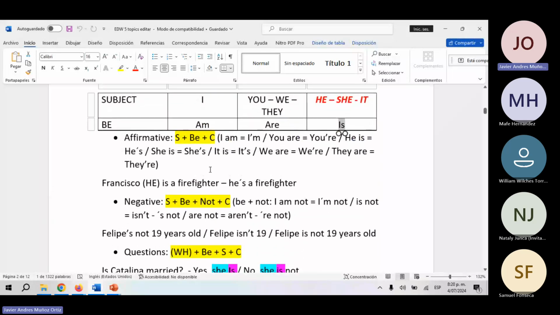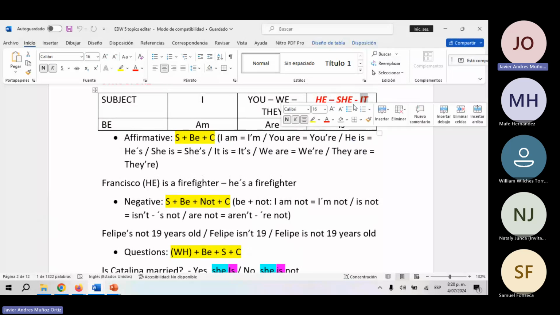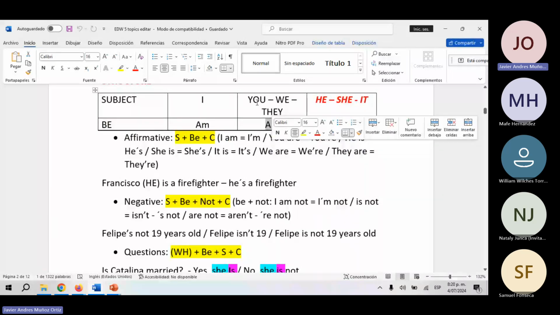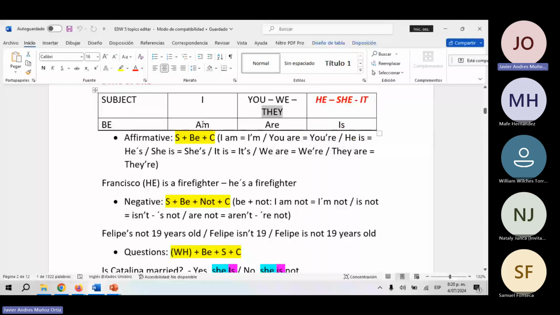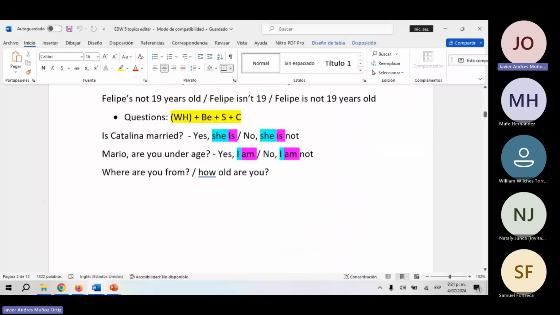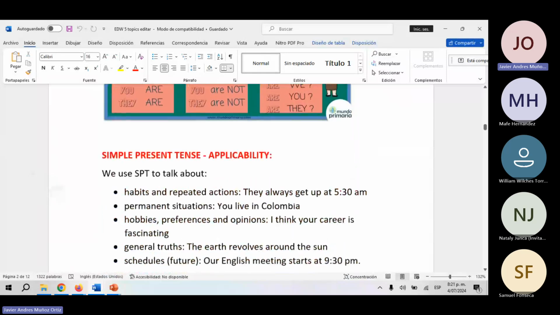The really important part we need to remember about verb to be is that we use the conjugation is for Marcos, Daniela, the dog, are for you, we, and they, and am for I. That's the most important part you need to remember, because this is completely different between Spanish and English, but the applicability and the structure is very similar. So verb to be is incredibly easy, super easy.